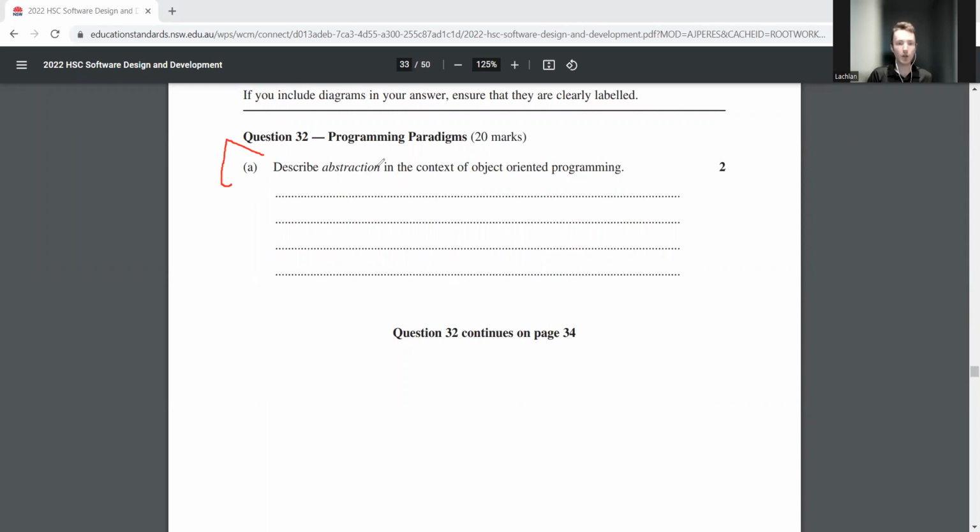Describe abstraction in the context of object-oriented programming. Basically, abstraction is almost like thinking like a black box, right? The idea is we don't care about how the internals of the system work. We just care about the inputs and outputs. A good metaphor might be driving a car. We don't know how a combustion engine works. We know if we turn the wheel and push the gas pedal, we can drive the car and move,